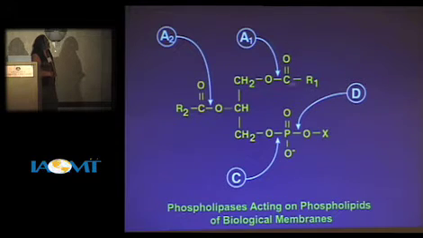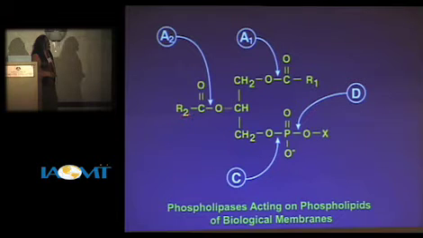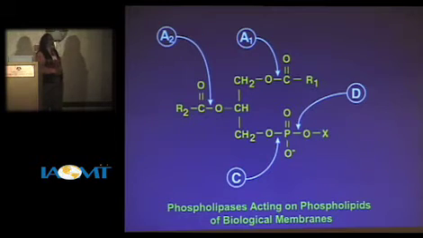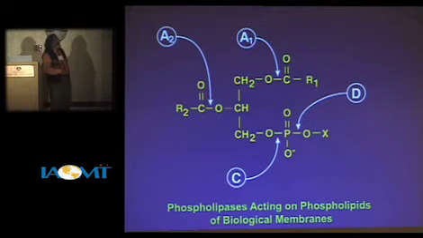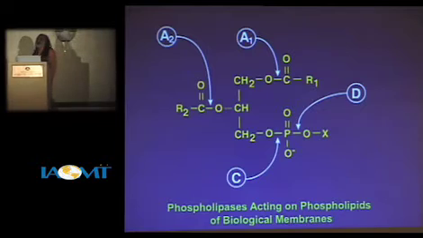This is usually a saturated fatty acid. This is an unsaturated fatty acid in biological membranes. That's a rule, but there are some exceptions. And here, this is the head group. The interesting thing here is, this one is mostly arachidonic acid that is 20 carbon long, and that plays a major role in your inflammation.